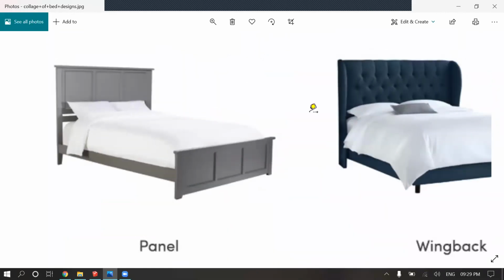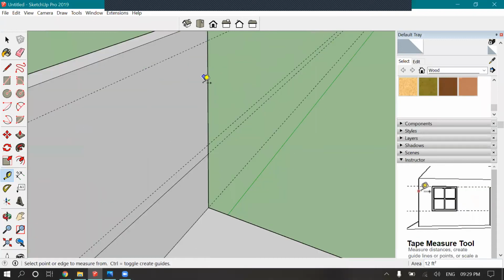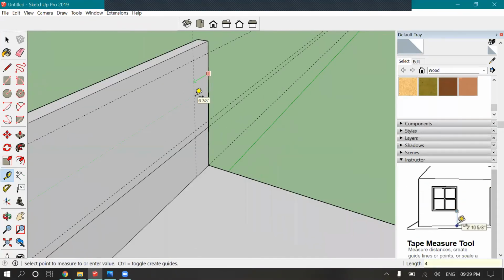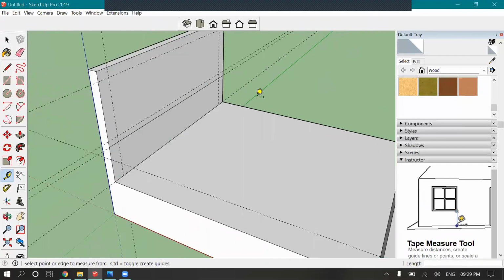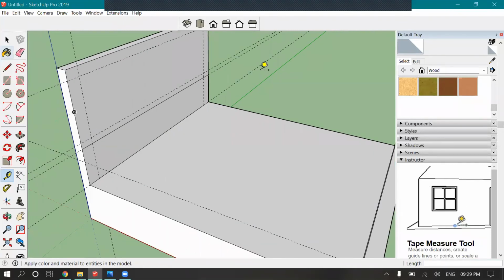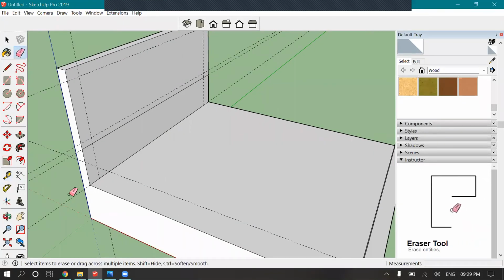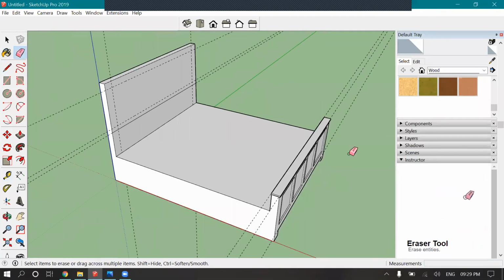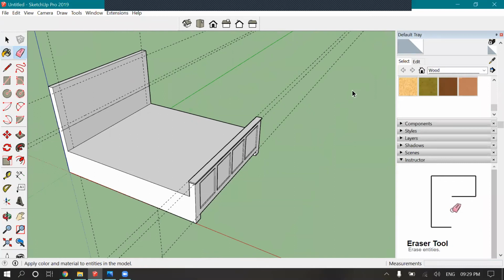Yes, 4 inches from this side and 4 inches from this side for the leg part. We're done with all this.